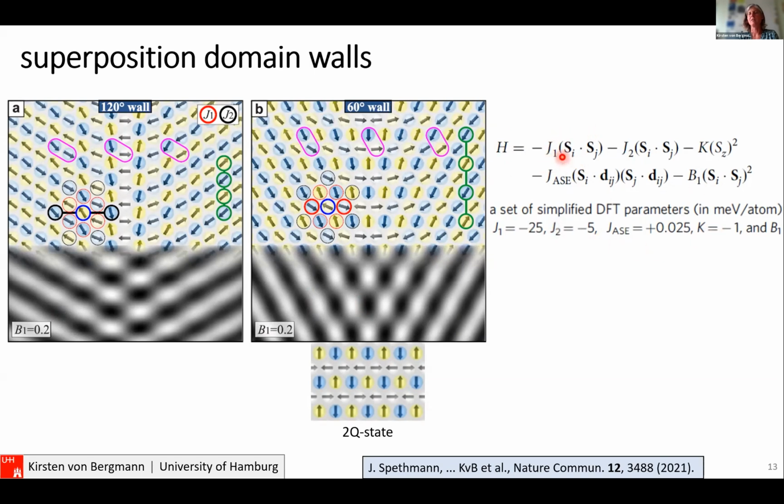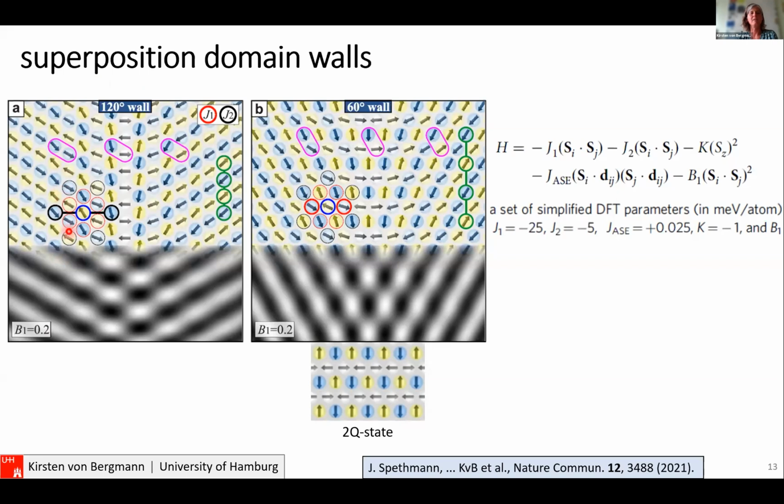So now to understand this in more detail, we take a minimal model of a Hamiltonian. So we have the J1 and J2 that give rise to the rowwise antiferromagnetic state. We have an easy plane axis. We need the anisotropic symmetric exchange to couple the rows to the lattice. And then we take this higher order interaction term, which favors the rowwise state over the 3Q and also the 2Q state, to have the rowwise as the magnetic ground state. And then we set up these 2 rotational domains and do spin dynamics simulations to let the details of the